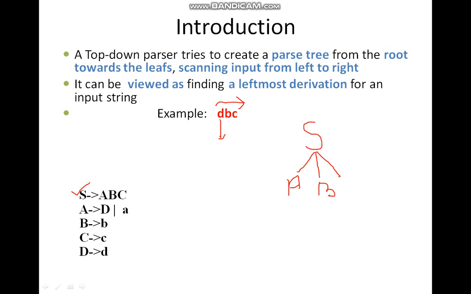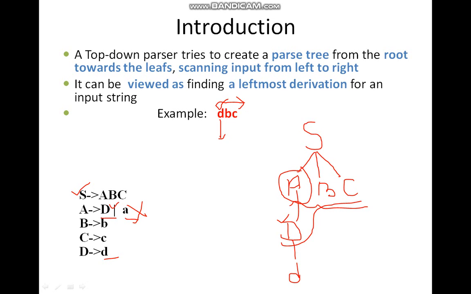A, B and C. In this entire term what is the leftmost variable? A. So A can generate D or a. We have two alternatives, and we want to match D. So definitely we will not opt for a, there is a possibility D can match, so we will expand A by D. Now in this entire term D is the leftmost variable, so we can expand D using its production because it has been given there, it can generate a small d. So D has been matched.